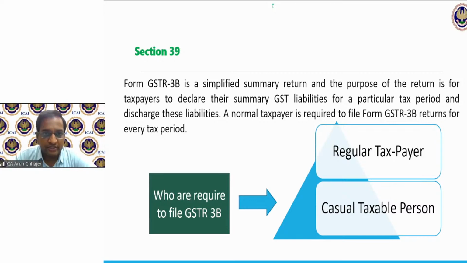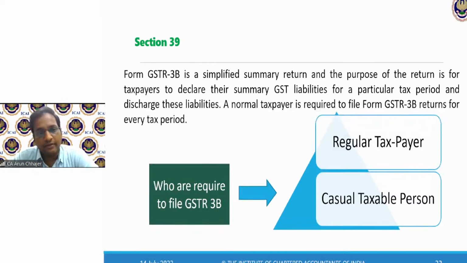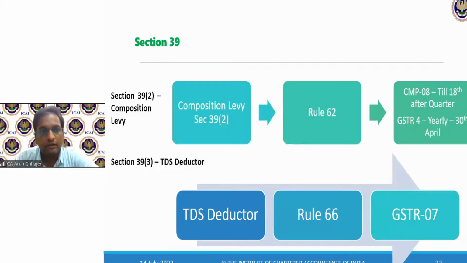Now we are moving to the GSTR3B. What is the GSTR3B? The GSTR3B is to be furnished by the regular taxpayer or casual taxable person. Section 39 subsection 2 talks about that if you are registered under composition,